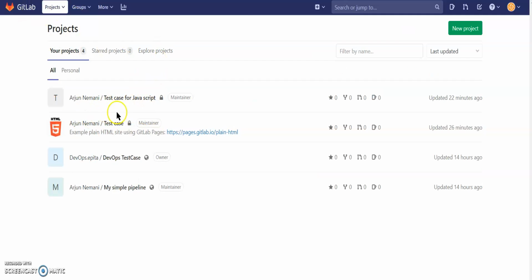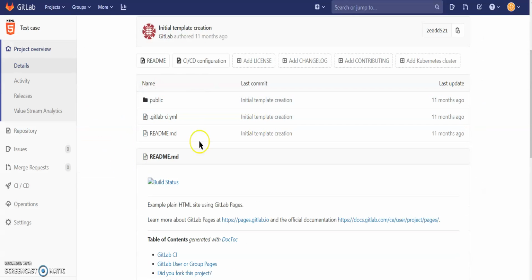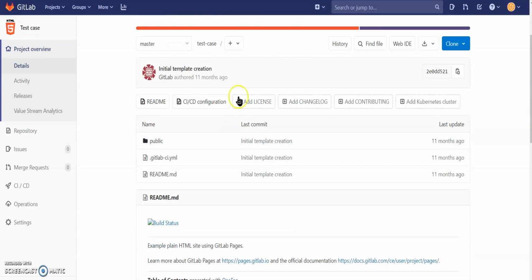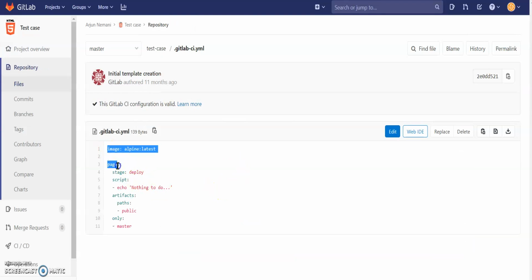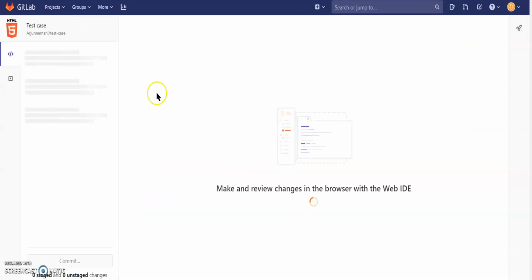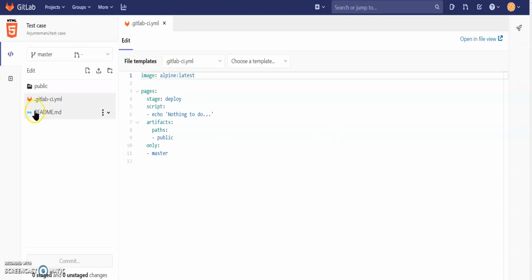I've gone ahead and created some templates for some test cases here. This is an HTML template. The most important file to be configured is the GitLab file here. It has a different extension, but this defines the web IDE part, so that you can start using the web IDE to develop on the